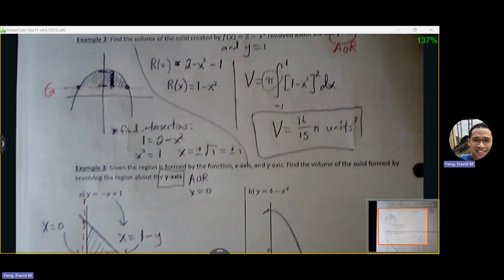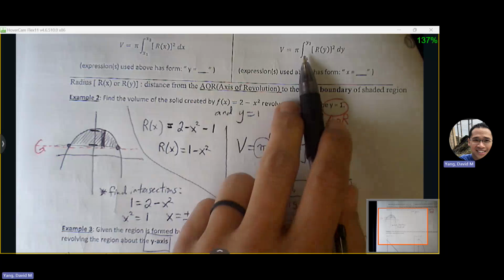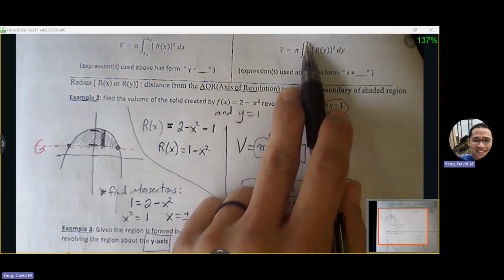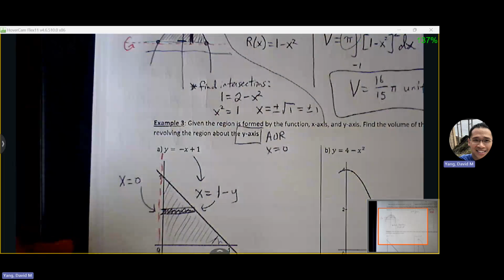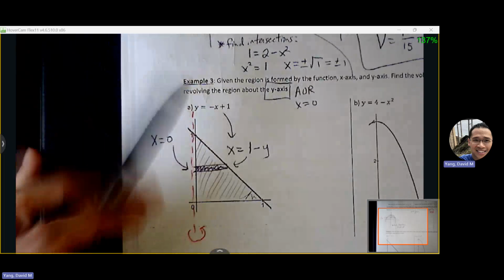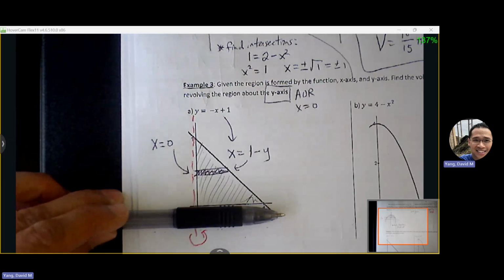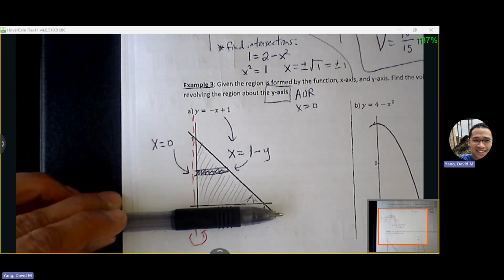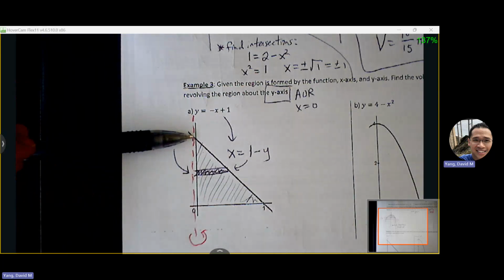Our bounds are also different as well. We're not going to go from left to right. We're going to go from bottom to top. We're going to find the lowest y value, and we're going to go to the top y value. So imagine this. We're adding infinitely thin circular disks from this end of the diagram to the top end of the diagram. And we see that the lowest y value is 0, and the highest y value is indicated here